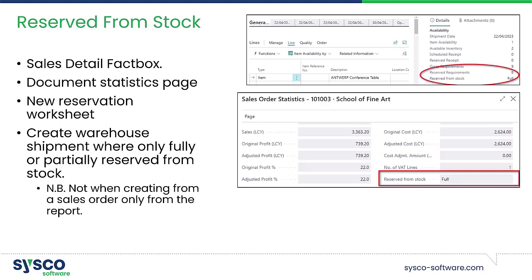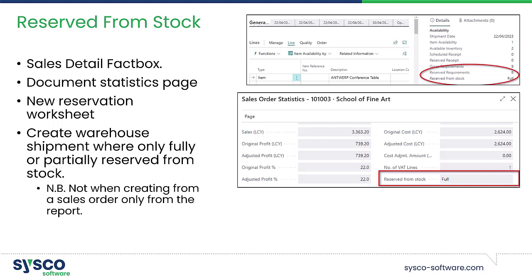The next option is reserve from stock. Now what you'll notice here is that there are new fields on the sales details fact box, and that will show what requirements there are for items to be reserved and also what is reserved. So in this example you'll see then that the full quantity has been reserved from stock. Now this isn't only available on your sales details fact box,